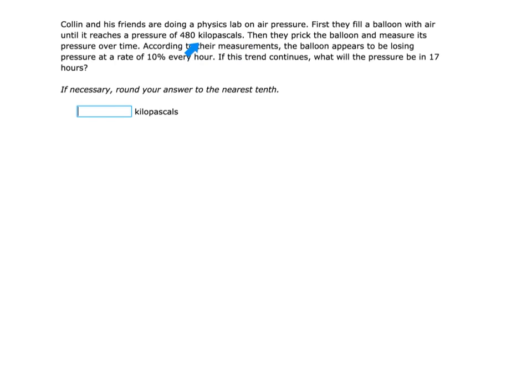So they've got this balloon that they filled up. So this is our starting value. This is where we're beginning. And then what they do is they prick a little hole in it, and the air then begins escaping, and they measure the pressure of the